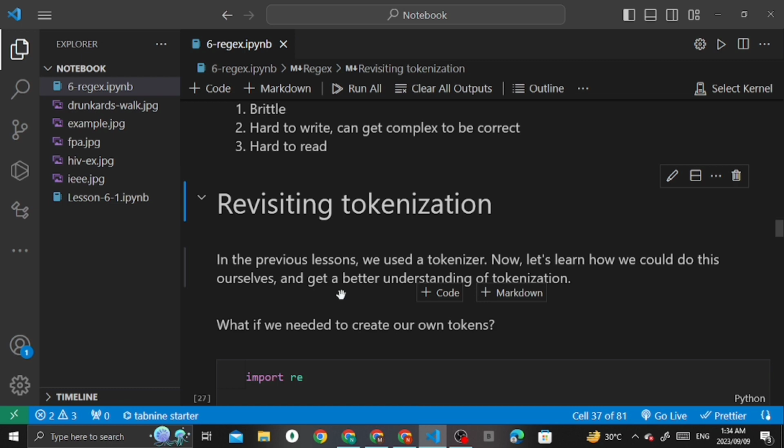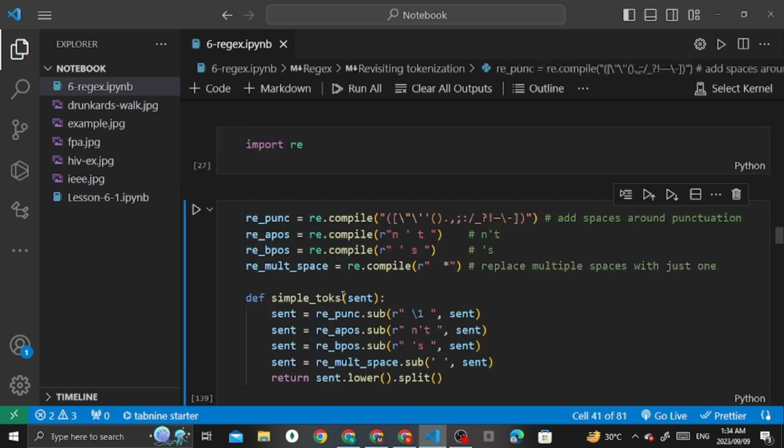So then we are revisiting tokenization with regex. This is how we import regex.